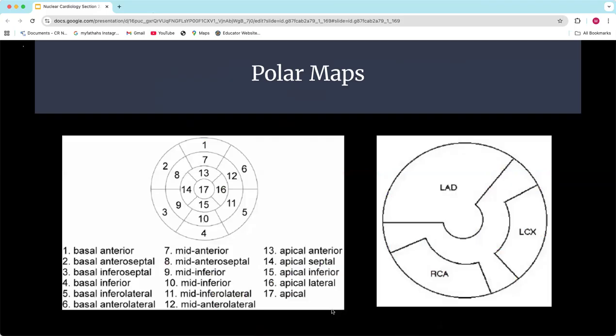All right, I want to talk to you about polar maps, and we'll also talk about this more when we look at PET. This is one of the data sets that's going to spit out when you go through your images and get them all ready. And this is another important thing to know as you're looking at images. So if I took that cup we've talked about and placed it on a flat surface and then flattened it out, that's what a polar map is.